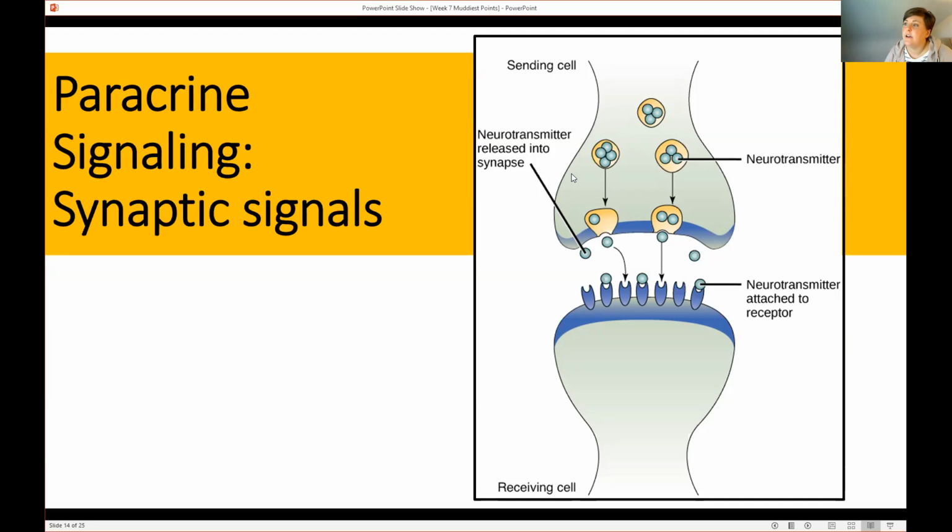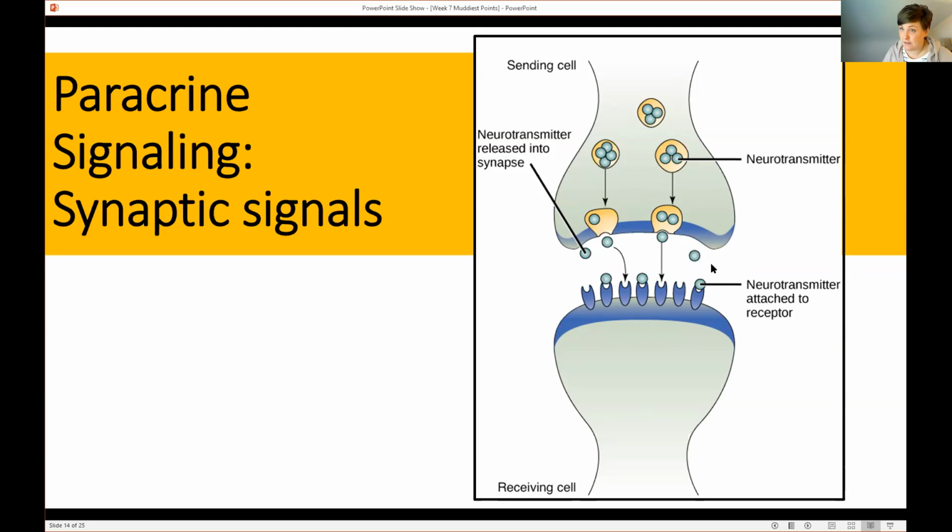So if you look here, you have the signaling cell, so the neuron. It's releasing a message. These are neurotransmitters released via exocytosis. But notice that these are actually released into a space. So no matter what, neurons have a space between the neuron sending the message and the tissue or cell receiving that message. And that here is just referred to as synapse. Sometimes this is referred to as the synaptic cleft. Regardless, it is a space between the neuron and whatever's receiving that message.